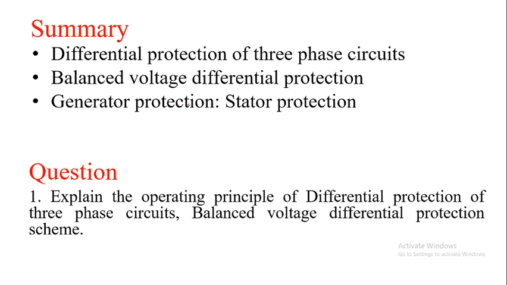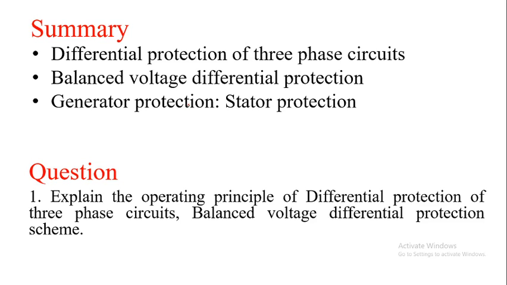So today we discussed the differential protection of a three-phase circuit. As and when under normal operating condition the three currents are in a balanced condition, no current flows through the operating coil of the differential relay. When the fault occurs in the protected area, automatically the balancing is disturbed, unbalancing occurs, because of which some current will flow through the operating coil of the relay, which energizes the relay and in turn gives a tripping signal to the circuit breaker, hence protects the three-phase circuit.